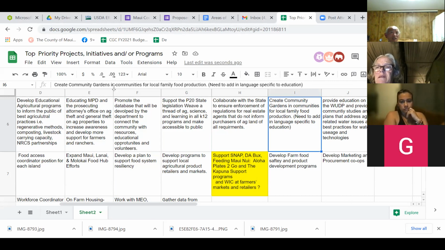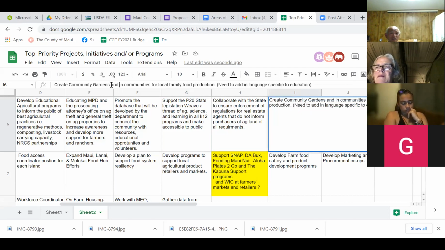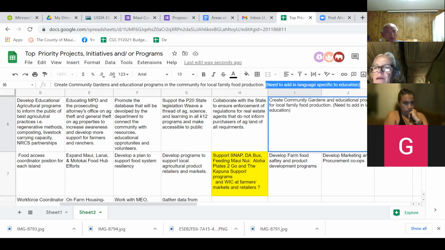Isn't that mentor happening with CTAR? Don't they do something like that? They do up at the Kula Ag Park, but I don't know if they have community gardens in Waiakoa. Yes, they do. They have a program for that and an agent assigned to it too, I believe. Yes, the Master Gardener Program. I'm a master gardener. So yes, they do have those programs and they have them on a regular quarterly basis.